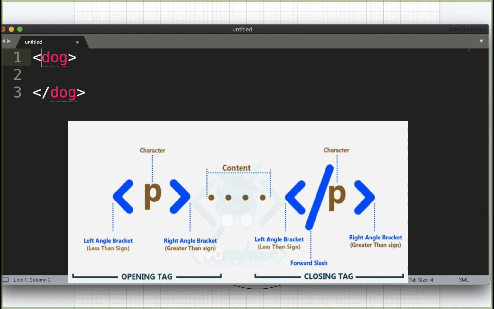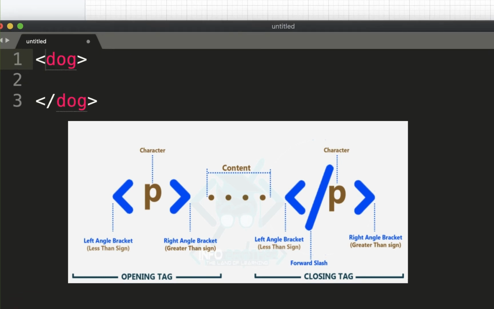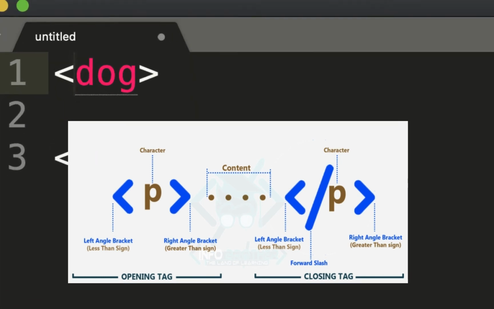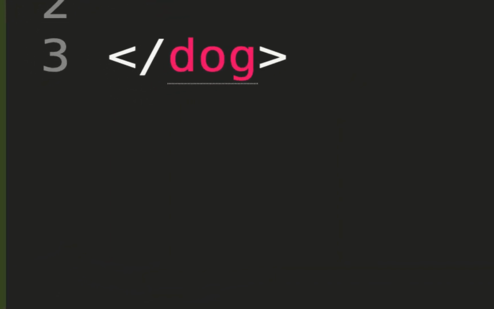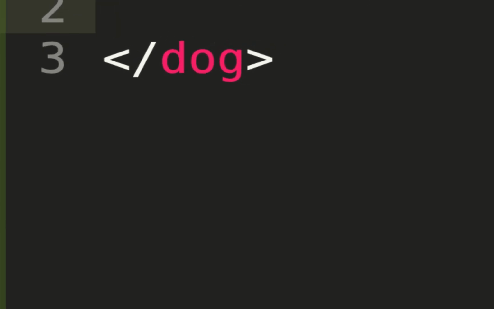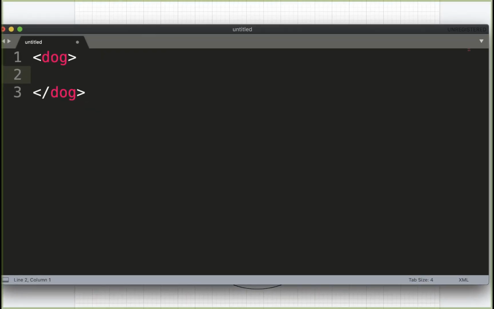You use these tags to hold information. So at this point, all I have is an opening tag called dog, and I make sure to close it so the syntax is correct. Now, I can place more tags or text inside. I want to open another tag called name. His name is Bingo. And let me just close name.